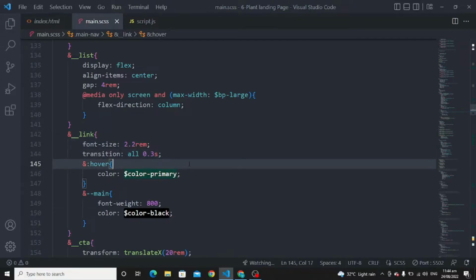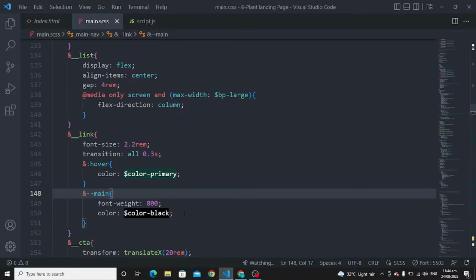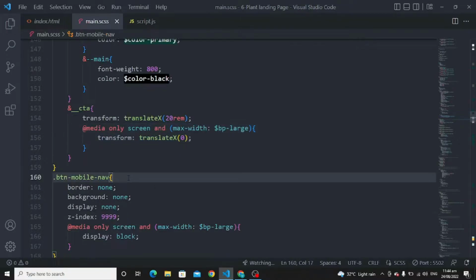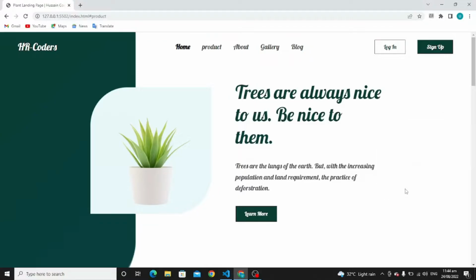For the hovering effect, color to color primary, and the main font weight to 800 and color to color black. For the call to action button, transform to translate x 20 rem, and I have used the media query here as well. For the button mobile navigation, as I have told you before,